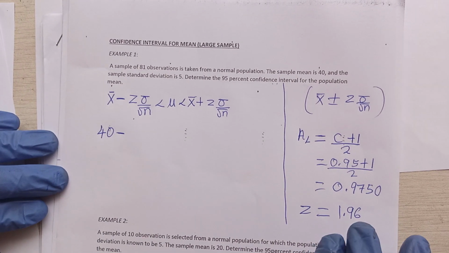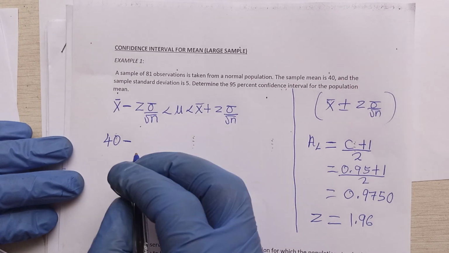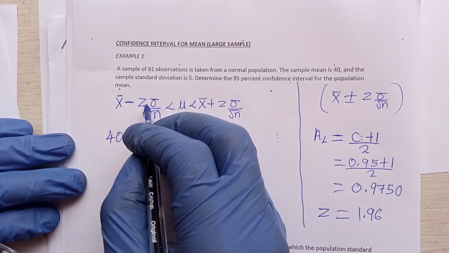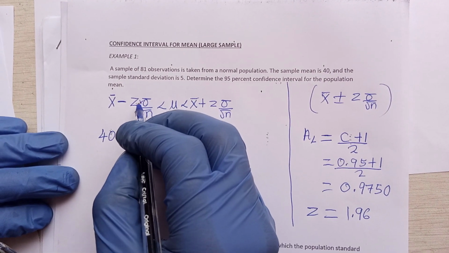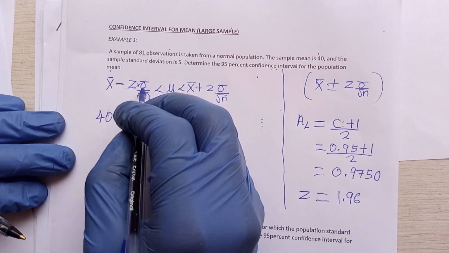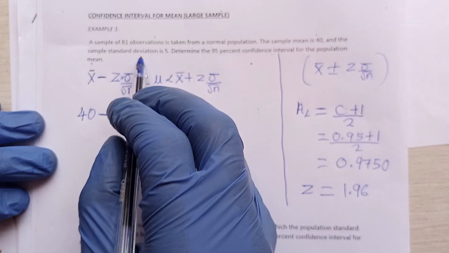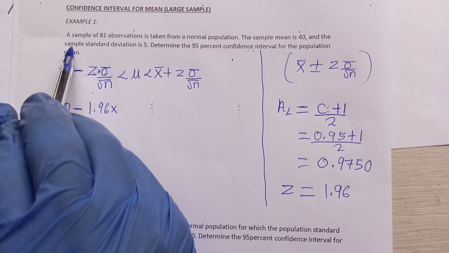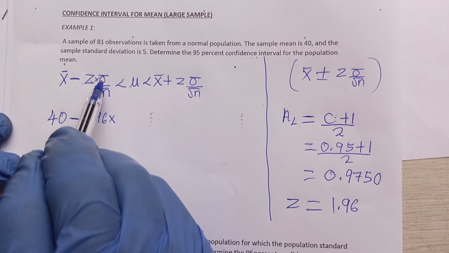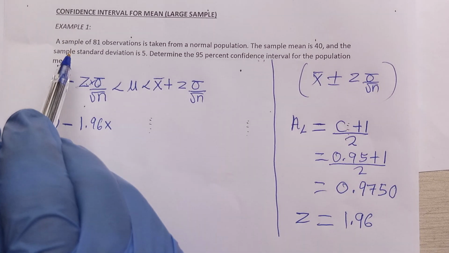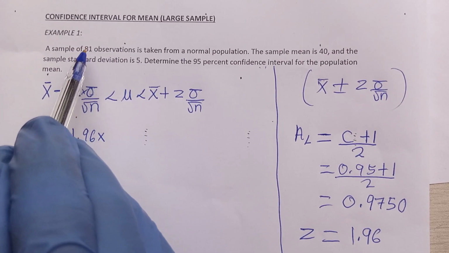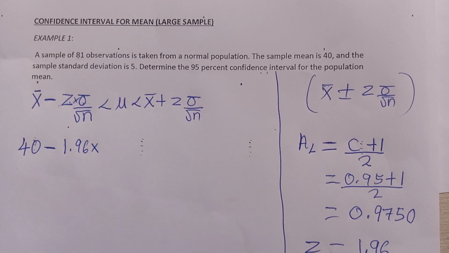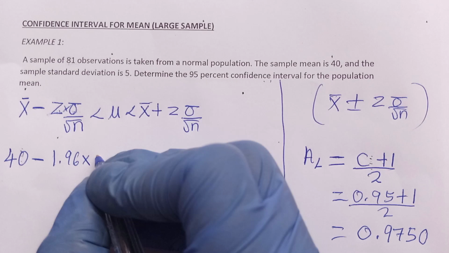Now since you've gotten this to be 1.96, you can now substitute it there. So 1.96 times the standard deviation. I didn't write the multiplication, but you should know there is a multiplication sign between them. What was our standard deviation? Our standard deviation was 5. Now please look at something. When you look at this question, they said sample standard deviation, they didn't say population standard deviation, but it doesn't matter. As far as the n is more than 30, it is already a large sample, so you just substitute the 5 over there,